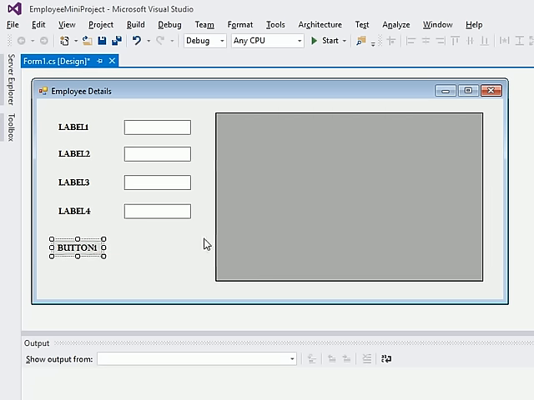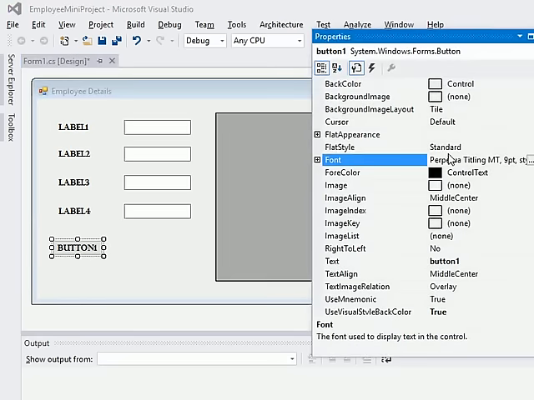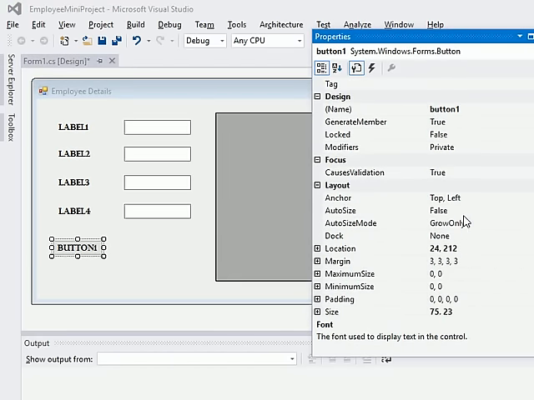Let's create this button. Let's rename this button; the name is a property. Whatever name we give will be used for manipulating the button in code. For example, I'll write btn insert. It's not going to display over here. I'll use this name if I want to access the button